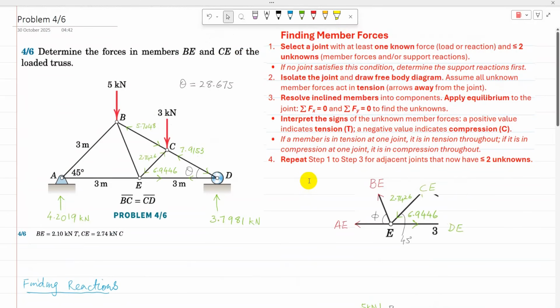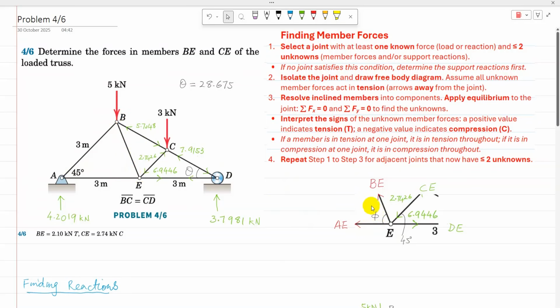So next joint selected is E, and for E, CE and DE are known, and BE and AE are assumed in tension. Now the angle CED using similar triangle is 45 degrees, but angle BEA is unknown, which is phi. So need to find that angle